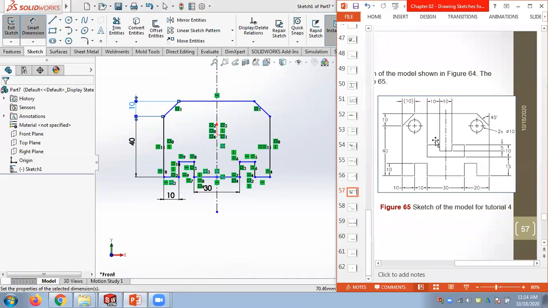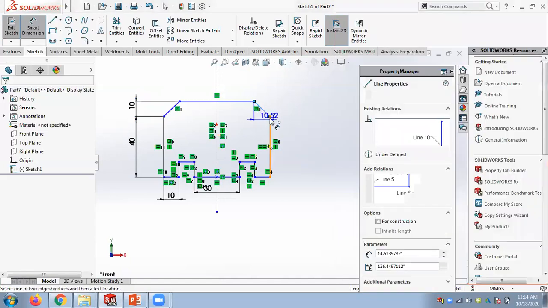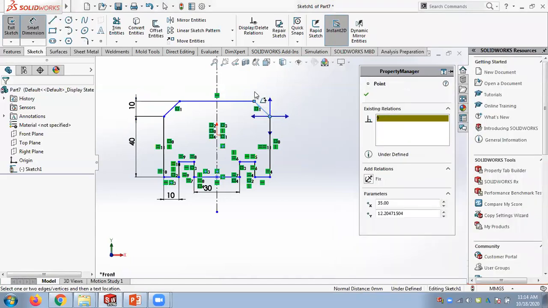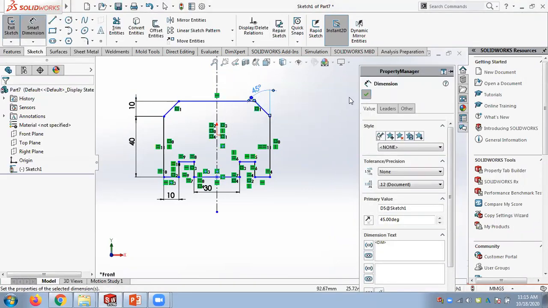That's it. I think 10. This angle should be given 45. So how can I give an angle in solid? Here I don't have this additional line drawn, so don't worry. If you don't have an additional line, what can we do? We just select this line and this point. When you select the line and the point, it will give you 4 quadrants here. You need to select this as the angle quadrant, then give 45. So this is how we give 45.